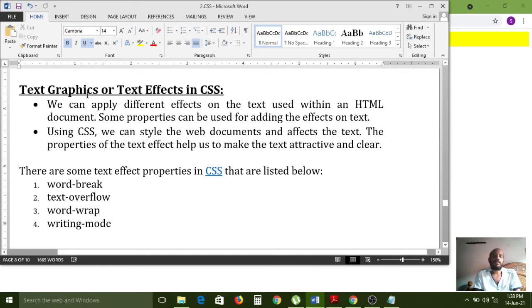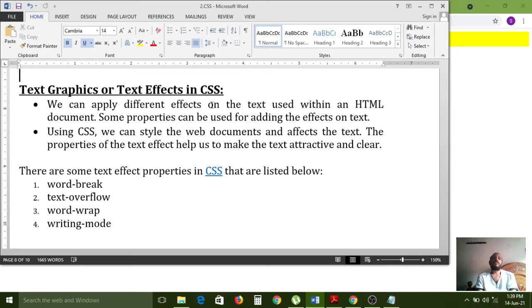We can apply different effects on the text used within an HTML document. So whatever text content you want to represent on the web page, if you want to add more effectiveness with graphics, then we can simply use text graphics.